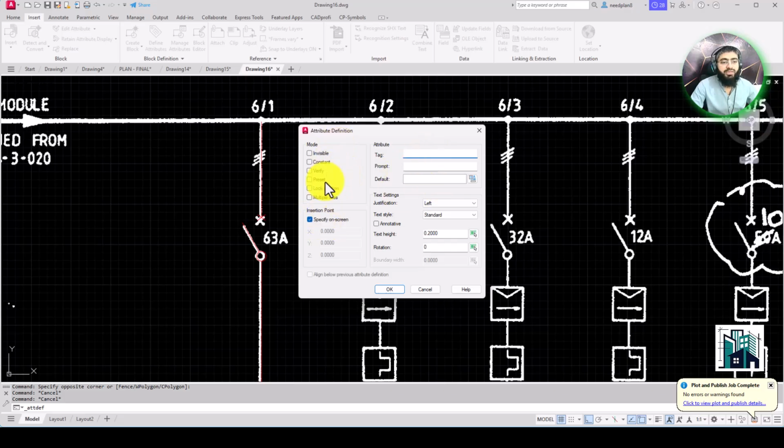We don't need to click any. If we click invisible, it means we don't see the text in the drawing. Which I'm going to write here, like CB. This one is CB1, prompt and default, and then I'm going to write here 63A.